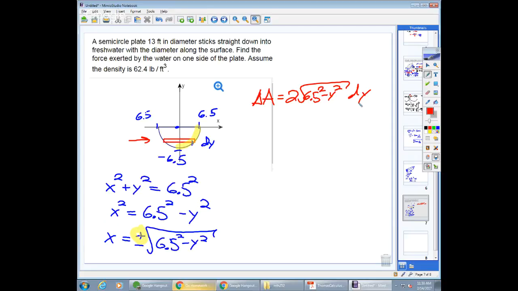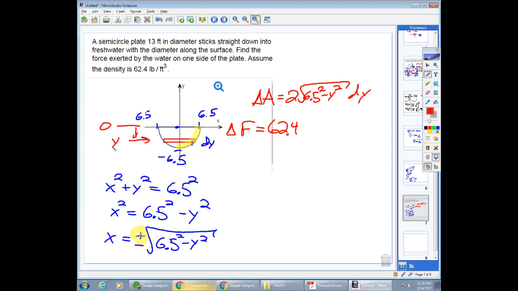Next thing to consider is our force. And that's going to be the weight density of the liquid, which is water. So we got 62.4. This is going to be similar to last time. Times the depth. Okay, so let's see. Here is y equals 0, and here's y equals negative 6.5. So the depth is the distance from that line down. What will we call that? What is it? It's just y,